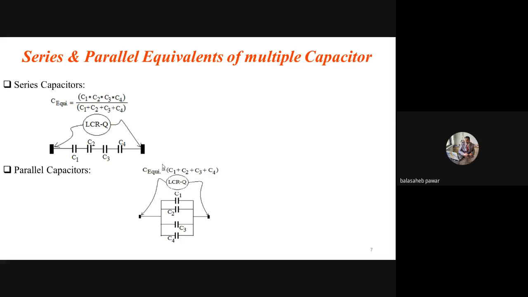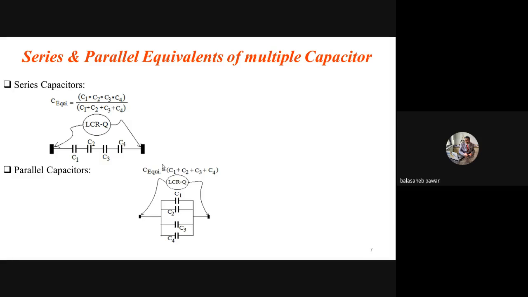Now remember, you might already be familiar with these two equivalents when capacitors are connected in series. I have taken here the example of 4 capacitors connected in series. When they are connected in series, their equivalent, that is C equivalent, equals C1 into C2 into C3 into C4 divided by the addition of capacitances of all the capacitors, that is C1 plus C2 plus C3 plus C4. It is different as compared to resistors, right? And when they are connected in parallel, then the C equivalent is simply the addition of capacitances of all